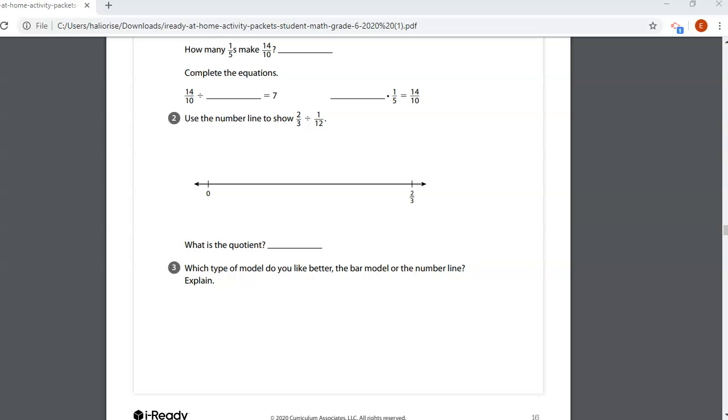Okay, so for number 2, since we do not have a model to show us how much 1/12 is like we did up in number 1, one thing that I will suggest is to find the least common denominator for 2/3. So how many 2/3 are in 12? So to do that,